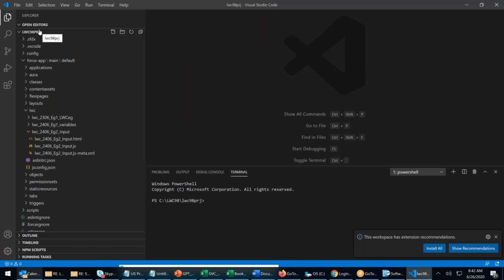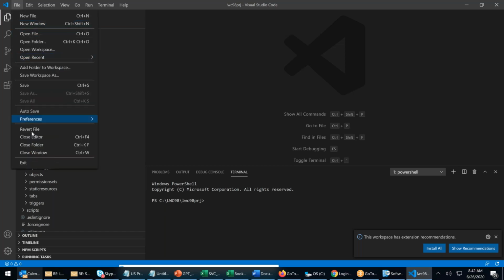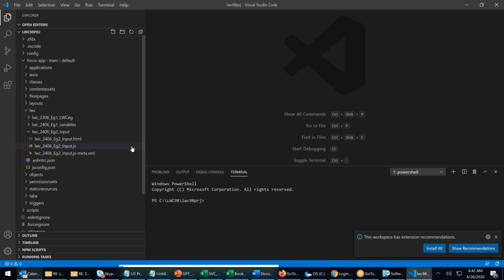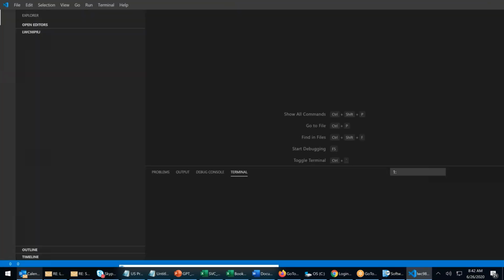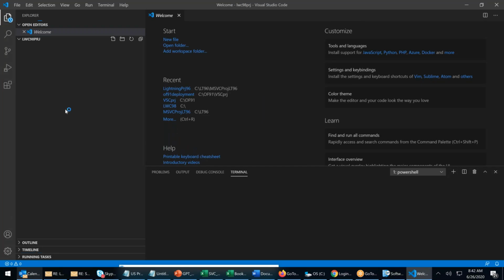I'm not able to see this, so let me close the folder because this has been offline. I need to open the folder once again. File, I can see my folder here itself. If I'm not wrong, this is the one you have been working on, LWC 98PRJ. I'm opening the folder.